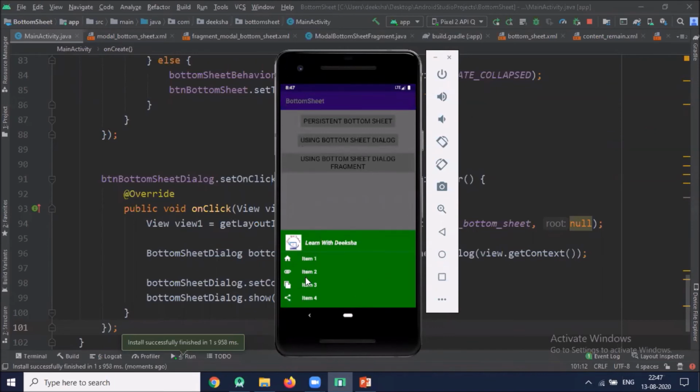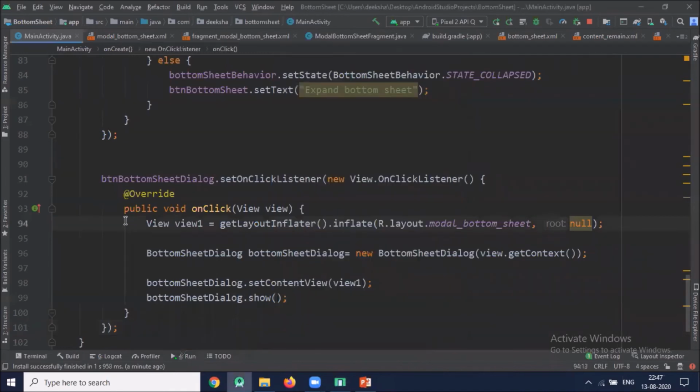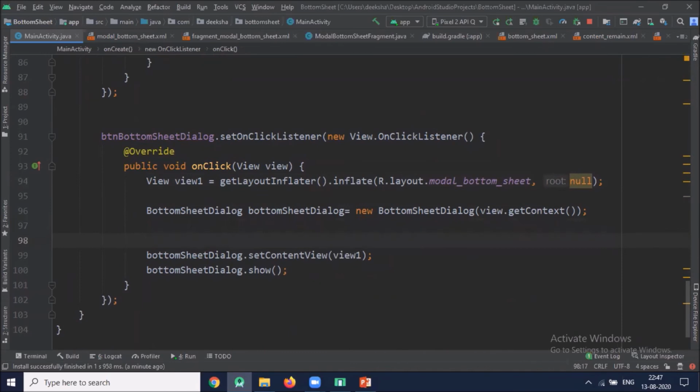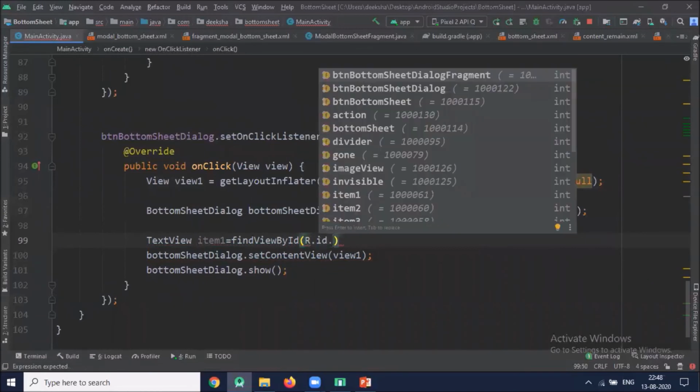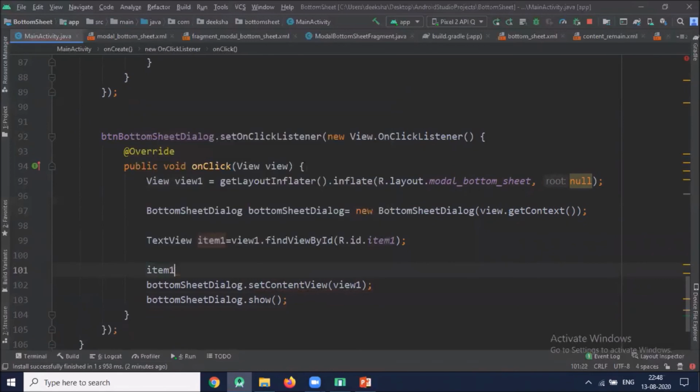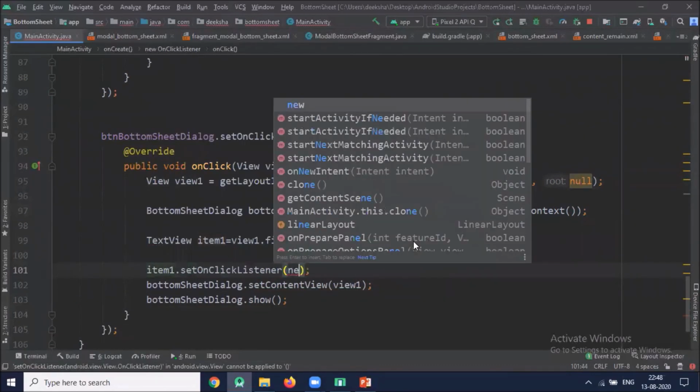Here you can see its items. Now we will work on our item click. So inside the bottom sheet dialog dot set on click listener, here we access the text view ID from XML by using findViewById. Now item one dot set on click listener.